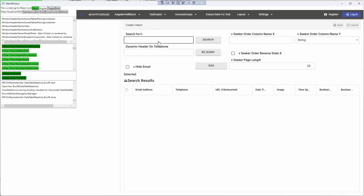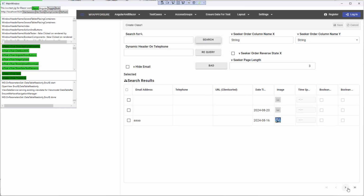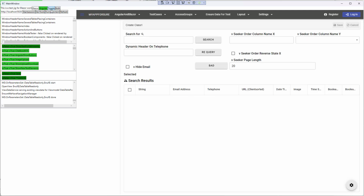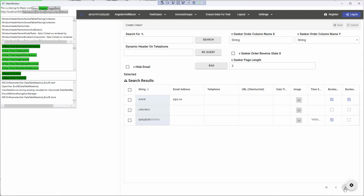Another test case, we have a seeker. So we have search, and if we change the seeker length to 3 or the page length to 3, we would expect to see these as paging, and we would expect to be able to step through pages. And let's test that in Angular. I'm going to search. I'm going to switch this to 3, and search, and we get also the page. So that seems okay, but yeah. And this one is gray. I haven't really figured out. It has something to do with which one we actually